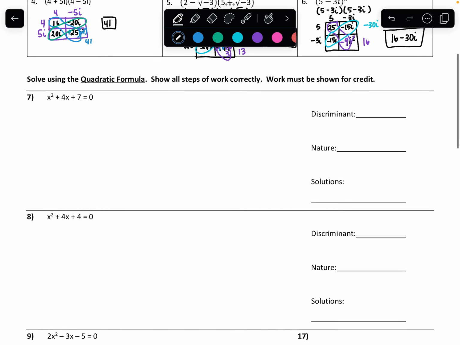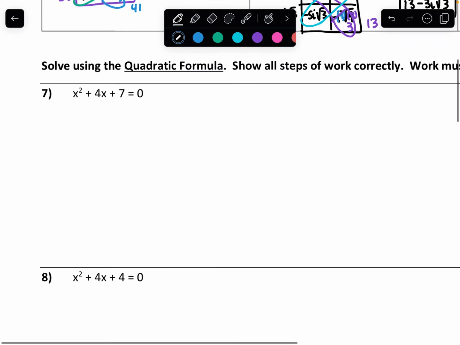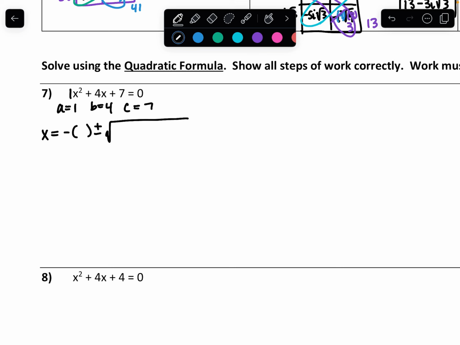Okay, next we're using the quadratic formula, and during the process we're going to find the discriminant and find the nature of the roots and then the solutions. And so the quadratic formula, we need a, b, and c. So a is 1, b is 4, c is 7, and then x equals -b plus or minus the square root of b squared minus 4ac all over